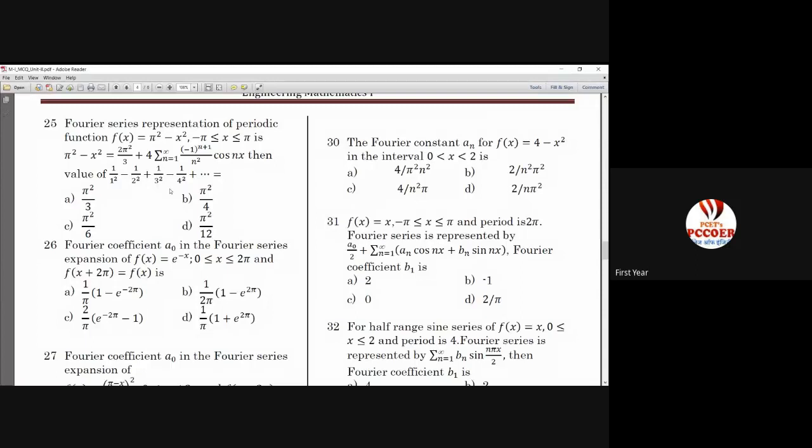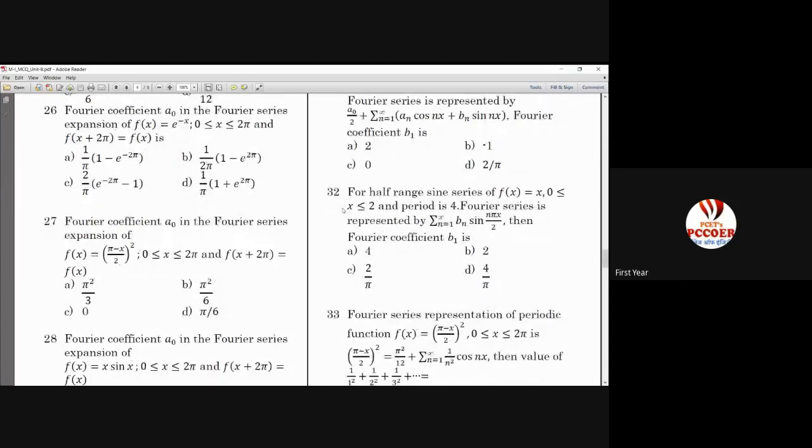Please go through each and every question once again, read the question properly, and then submit it. Because of a small mistake, maybe you will miss out on 1 or 2 marks, and because of which there will be a problem. Okay, so read the questions again and again.